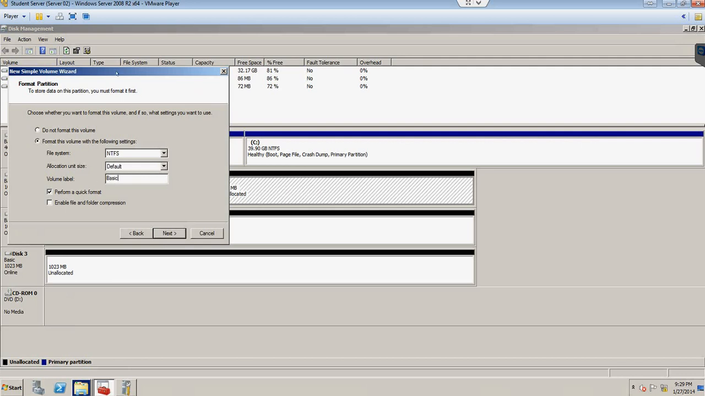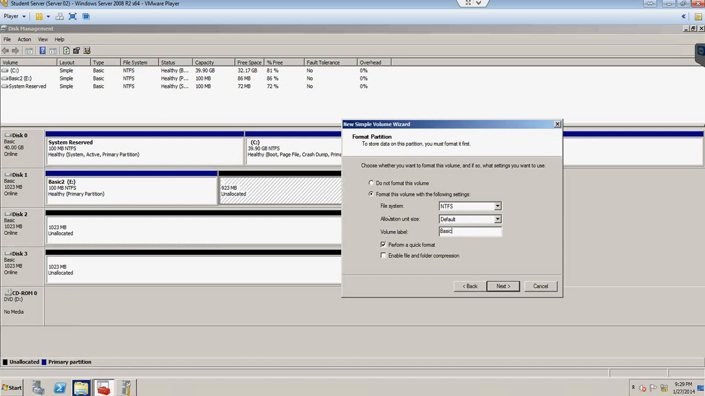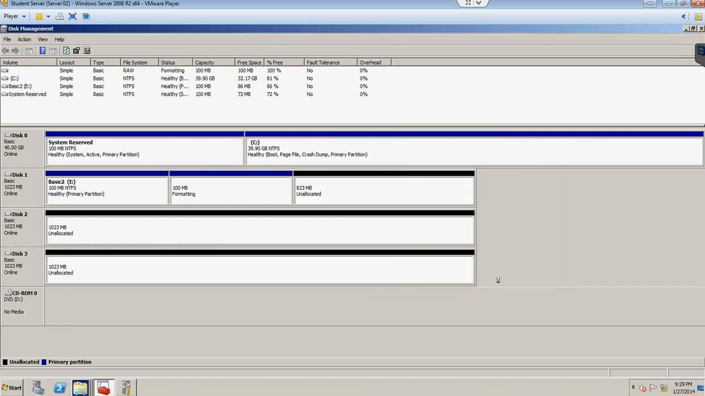I think it's basic 3, right? Yeah, basic 3. Click next, finish. So currently we have 1, 2, 3 primary partitions, and just a reminder, primary partitions are areas in the disk